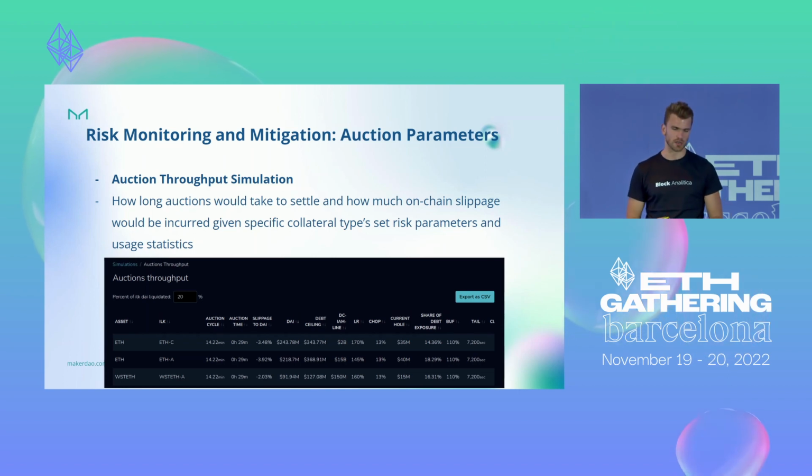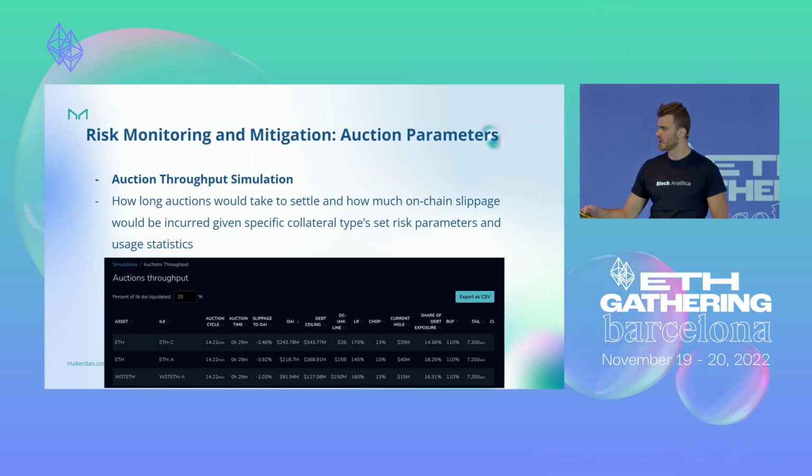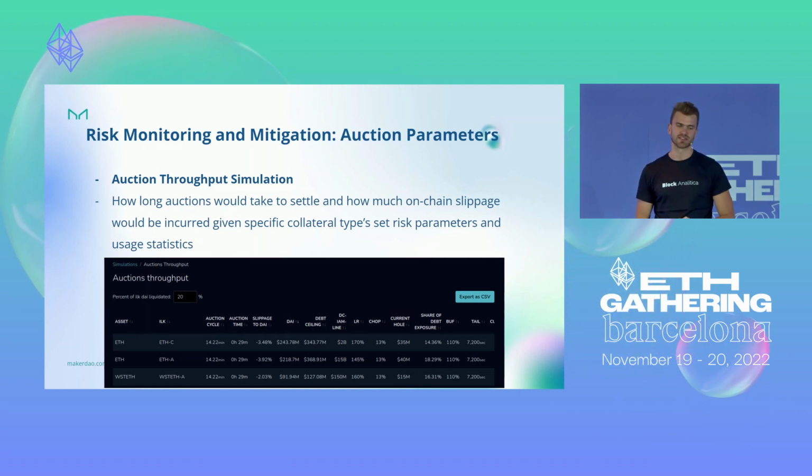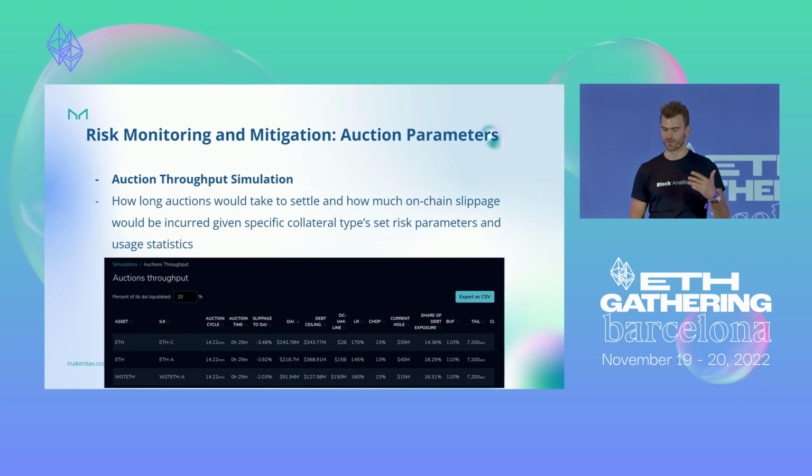That means how much exposure there is, how much liquidity there is, all that data, which is the current snapshot of the system given the current risk parameters and how the liquidations and the auction design would play out. And we also have the percentage of ILK DAI that gets liquidated, and the more it is, of course, the more slippage